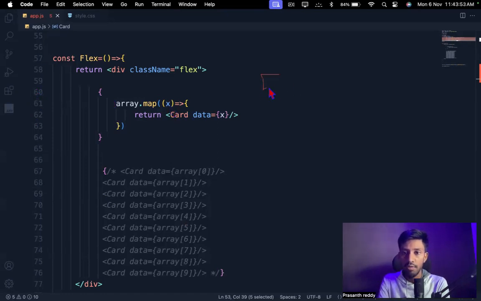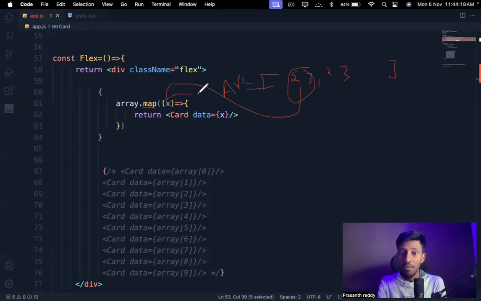Okay, let me put one array over here, and let me put objects, object comma. Let me take two objects. I'm taking two objects, but basically we have 5 objects inside this array. Inside this array, we have these objects, right? See, guys, what will this map do? Map will take this first function, and this will be stored inside this x, and the same x will be passed to here.